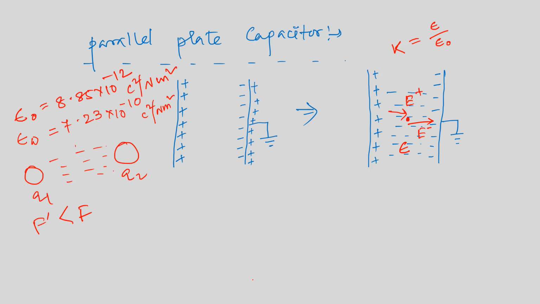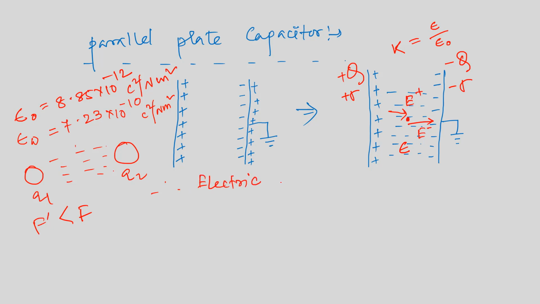One more thing, how much charge have I given to the positively charged plate? We have to assume that, because it will not be given in the question. We are assuming that we have given a charge of plus Q. So obviously in the opposite plate, the charge induced is minus Q. In the previous class I described that the charged plate should have some surface charge density, that is charge per unit area. So for a positively charged plate, the surface charge density will be plus sigma, and for a negatively charged plate, it will be minus sigma. So we have to calculate the electric field inside the capacitor.